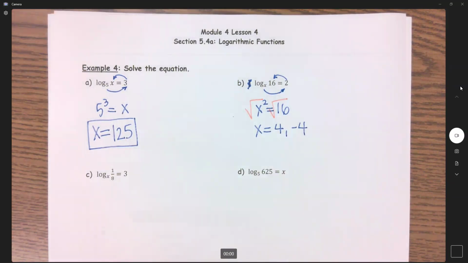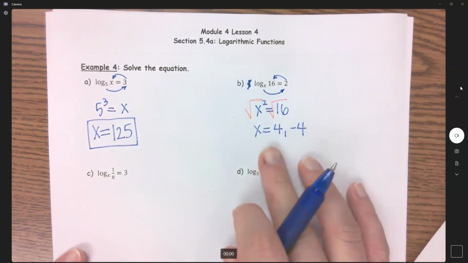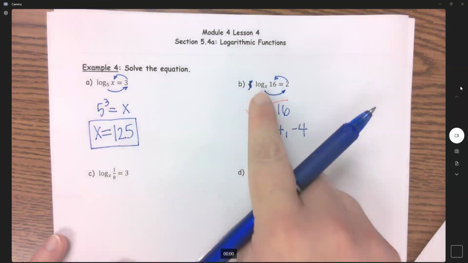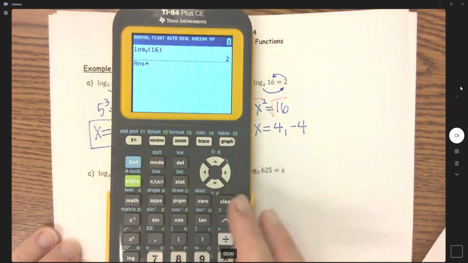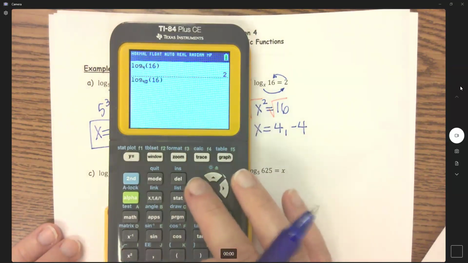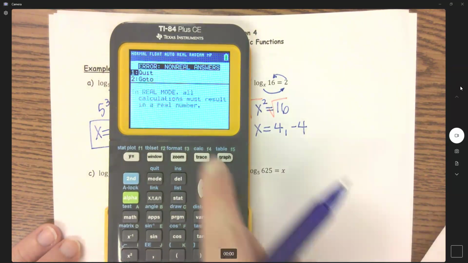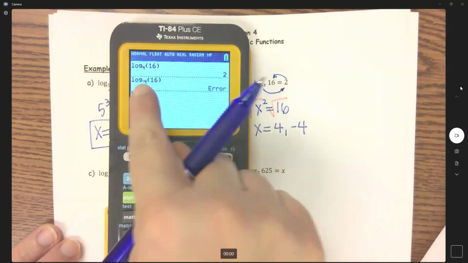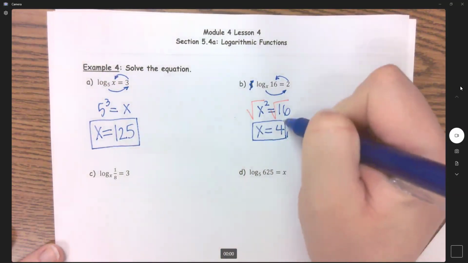Now, I don't think you're going to have a question like this in my math lab because we haven't gone over the domain of logs yet. But in case you do, you can get extraneous solutions here. When you plug in 4, you get log base 4 of 16. That will give me 2. And I went ahead and put that in the calculator since we're not supposed to know how to put that in yet. Okay, so that's fine. When I put in negative 4 for that base, we get an error that is a non-real answer. That does not work with it being negative 4. So my answer is just x equals 4,